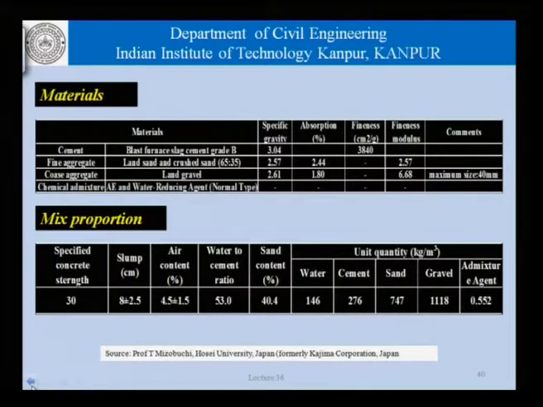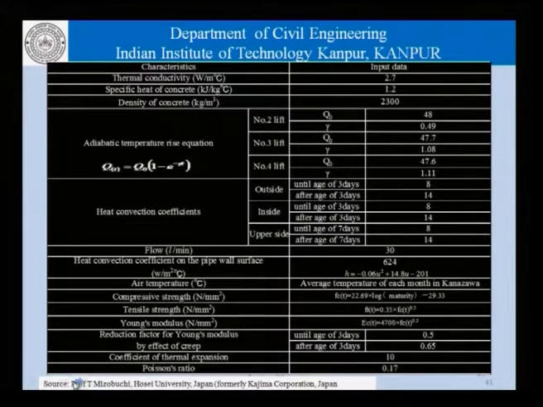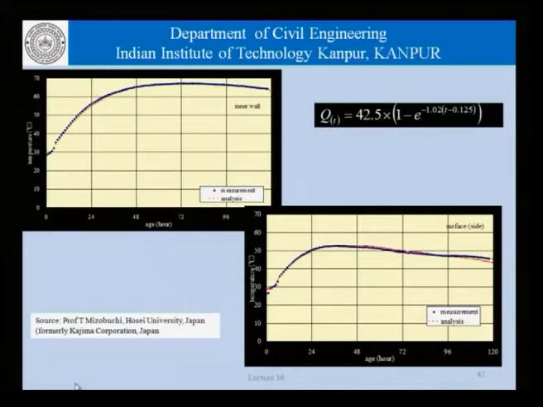We needed the details for the materials that are being used in terms of the cement, coarse aggregate, fine aggregate, chemical admixtures. We needed the proportions in which they were mixed, and also we needed to model the thermal conductivity, the specific heat and the density of concrete. We needed to have an adiabatic temperature rise equation which had to be created from laboratory studies. We needed heat convection coefficients and the different constants, and based on that, if we measure the temperatures that are